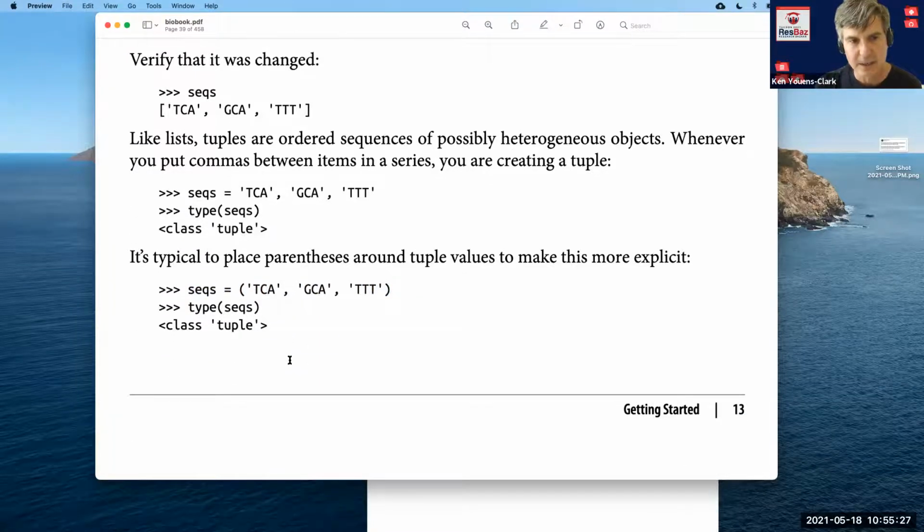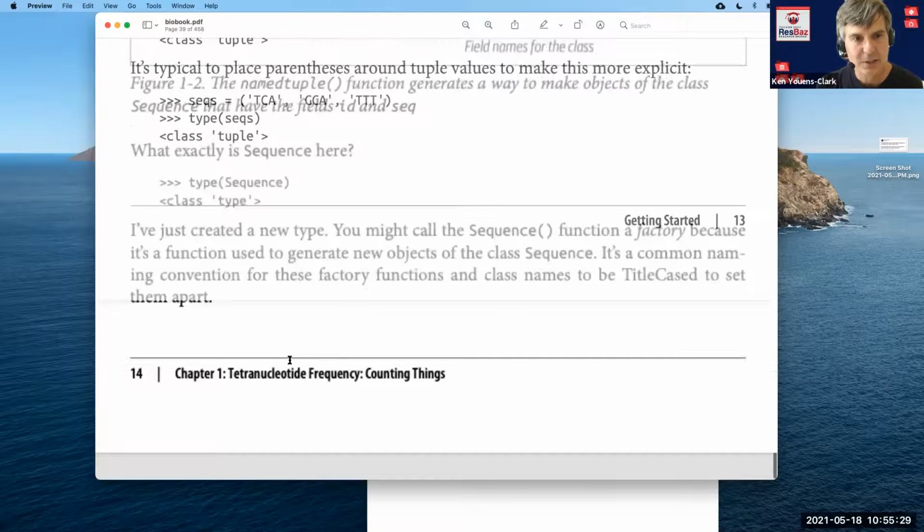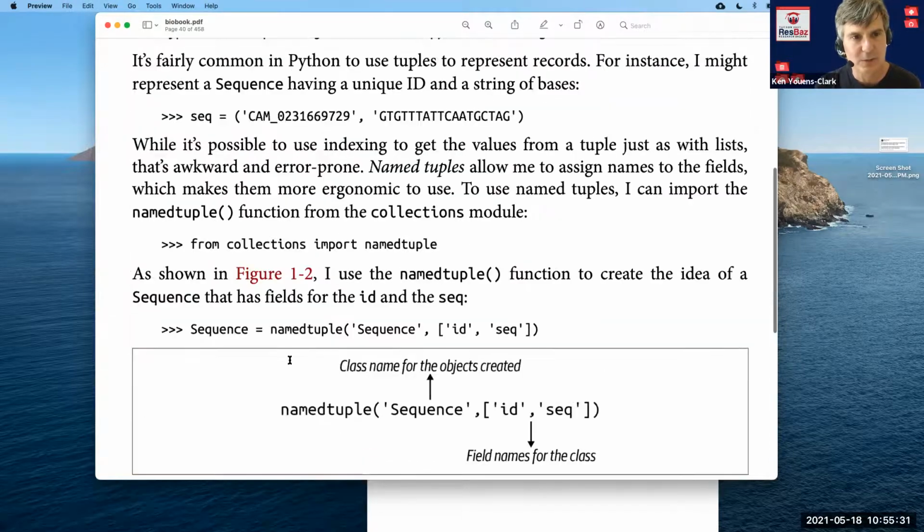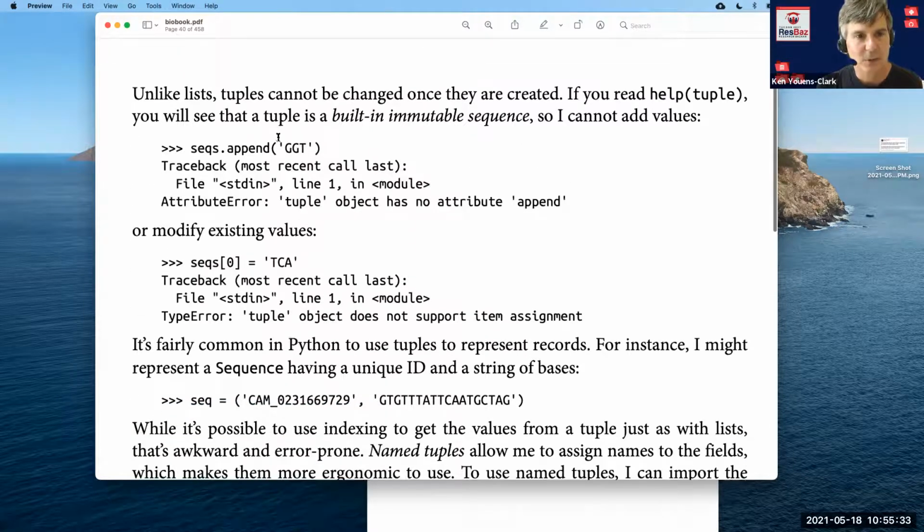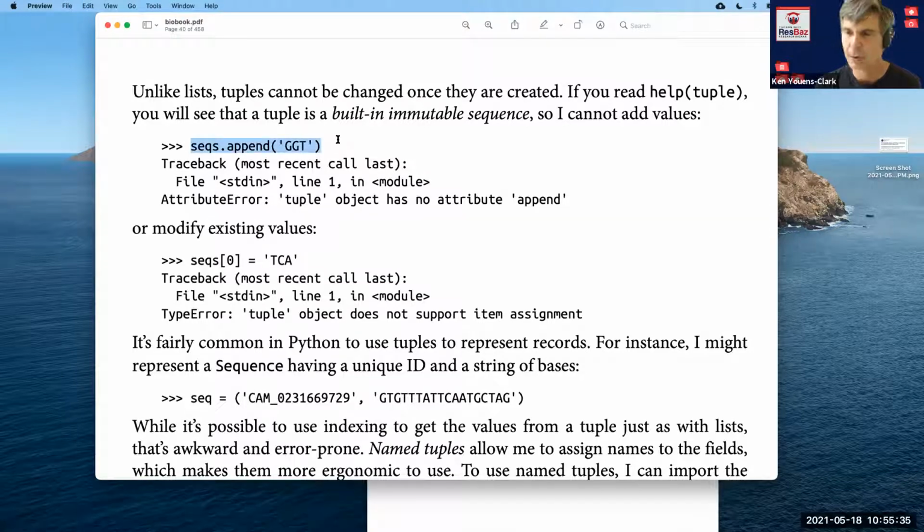So now this is a tuple, and if I try to do any of the things that I was just doing, like if I try to append a new tuple to this sequences, that's not going to work because there is no append method. I can't change anything. Once a value has been set in a tuple, it's immutable. So this is actually really useful. And in a lot of languages that have tuples, these are often used to represent structures.